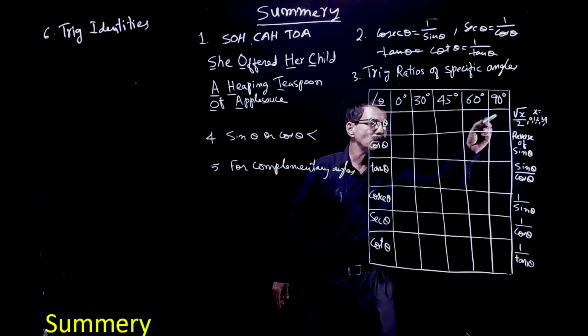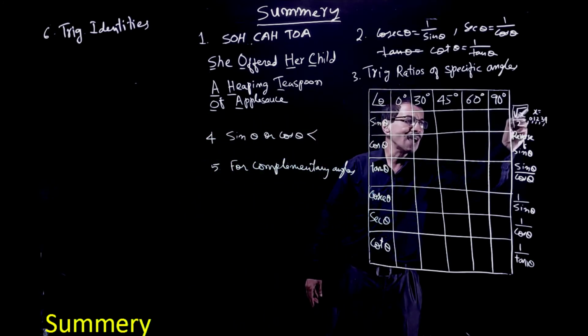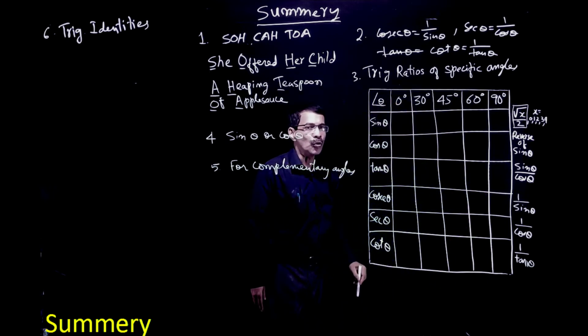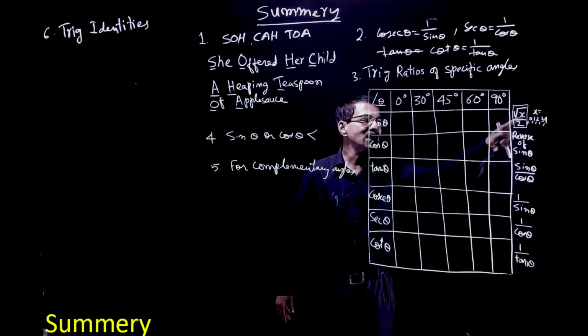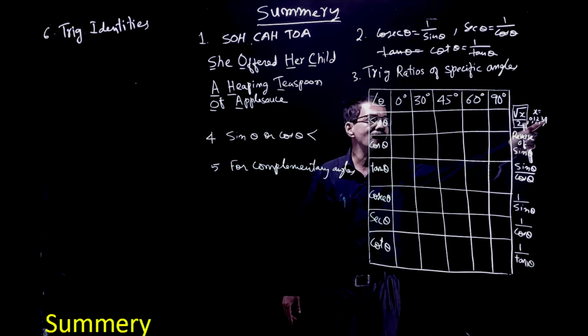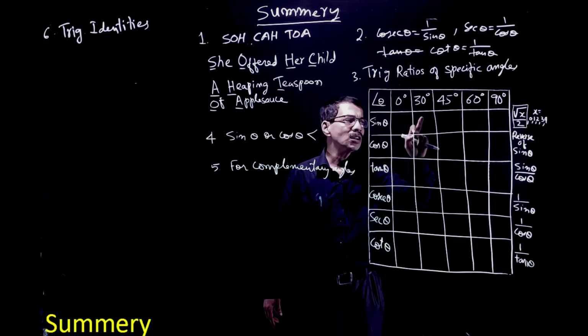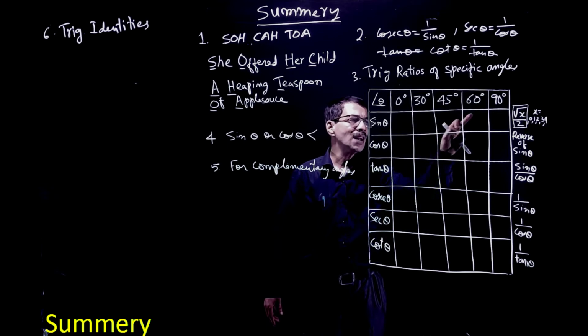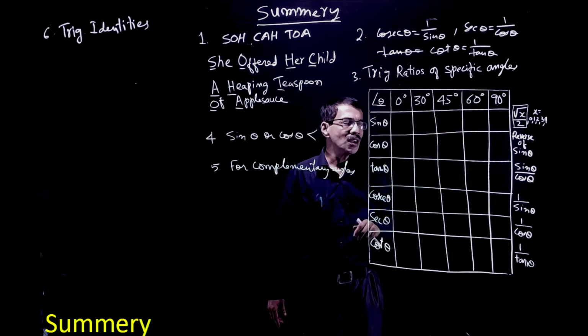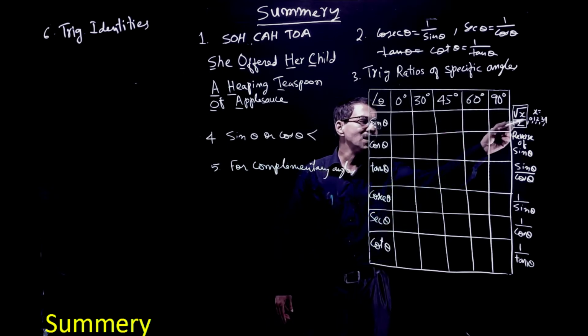You have to remember this formula, root of x upon 2, and initially for x you put 0, then subsequently 1, 2, 3 and 4. For the first 0, then 1, then 2, then 3 and then 4. Let us try doing that. First I will put 0.